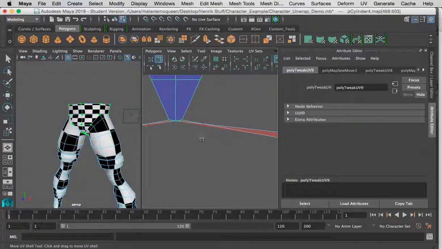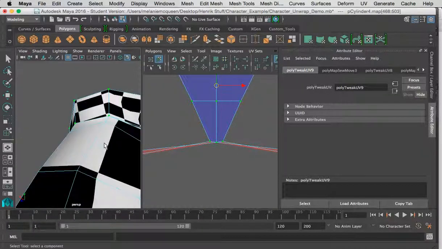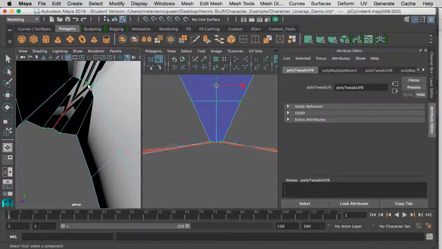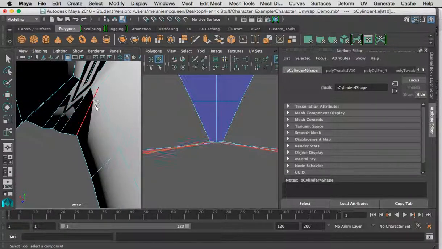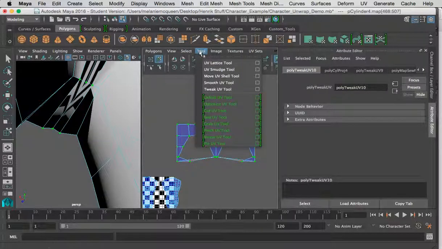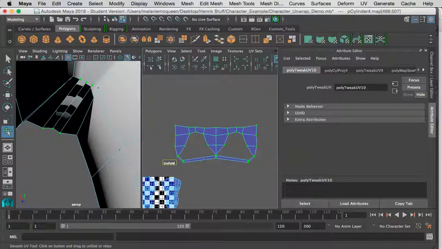But for this demo, I'm just going to do it this way. And I'm going to make my seam here same as my other legs, and go polygons, cut UV edges. Select the shell, tool, smooth UV tool, unfold,